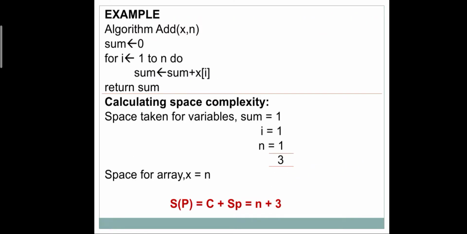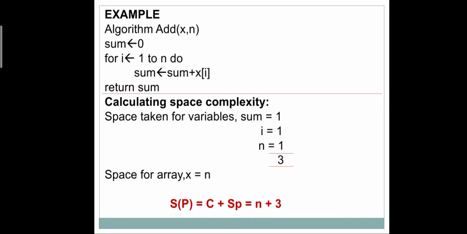Let me explain this with an example. What I have taken here is an algorithm to find the sum of first n natural numbers. The name of the algorithm given is add, where x and n are the parameters passed. Initially, first assign the value of sum as 0 to avoid any garbage value problems.